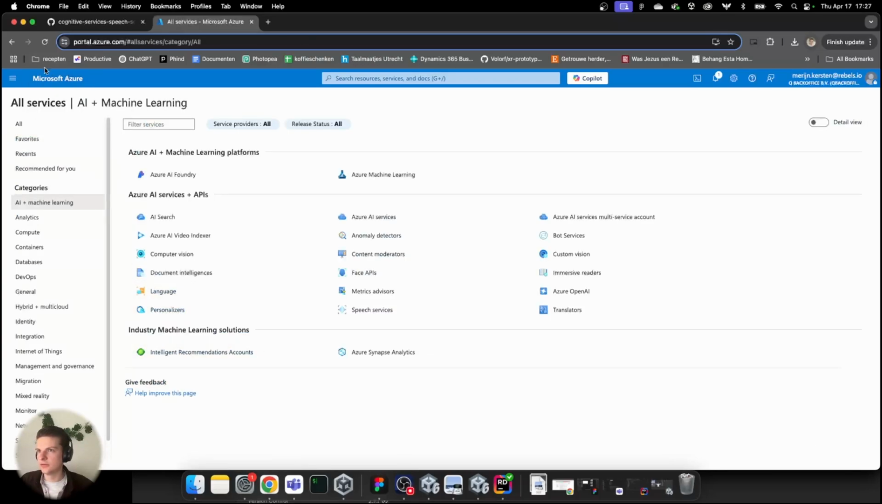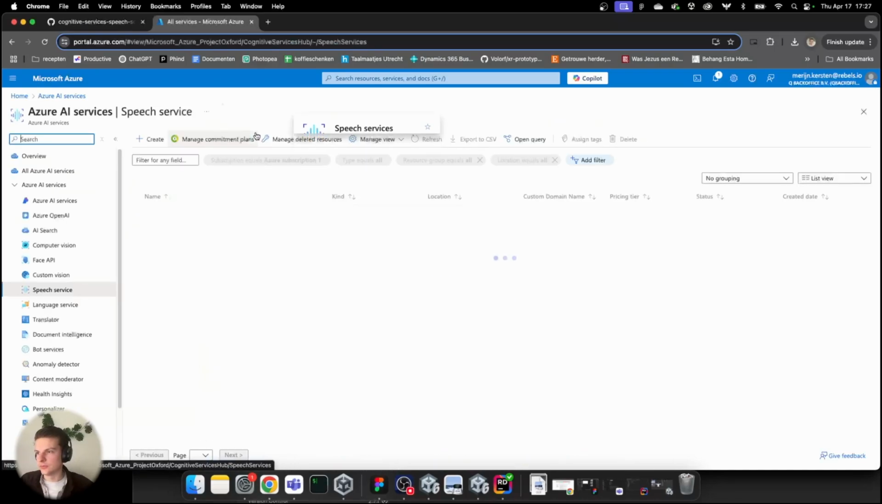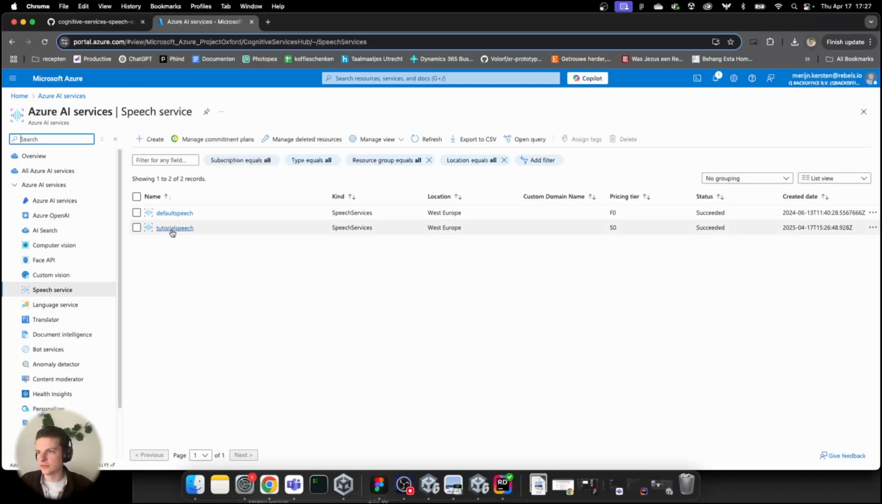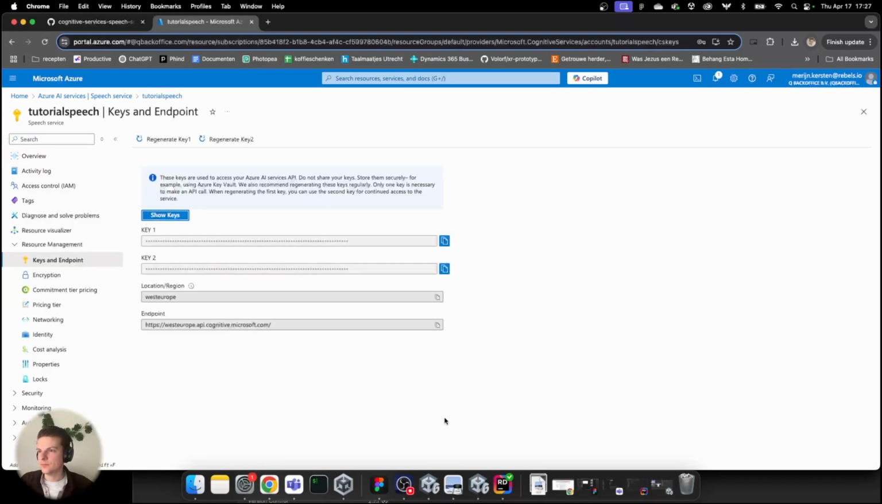Let's see where it is. I can go back here, and it should be somewhere inside of here. So, tutorial speech. And over here you can manage keys. And my keys, like I can copy it to clipboard here. This will be needed later on inside of the tutorial, but for now, I'll just go back to the main